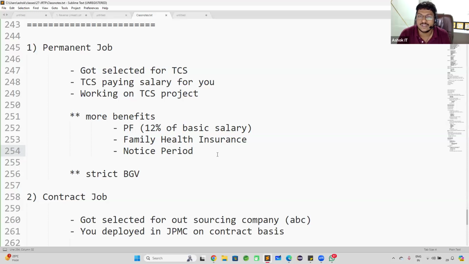Suppose, for example, you don't have genuine experience. You have some career gap, and you want to show that career gap as experience. That means you want to use some fake experience to get the job, because nowadays the market is not good for freshers. Openings are not available for freshers. So some people who have a gap of 2 or 3 years show that gap as experience and get the job. If you are in that kind of situation, then going as a contract employee is better for you,